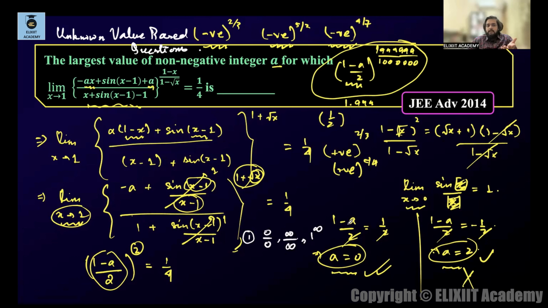In these forms only you will face those standard limits, like you are facing over here, sin x by x, tan x by x. Under these forms only you are supposed to face them. Then the second subtopic from which you can get the question: unknown value based questions. Then the third one being